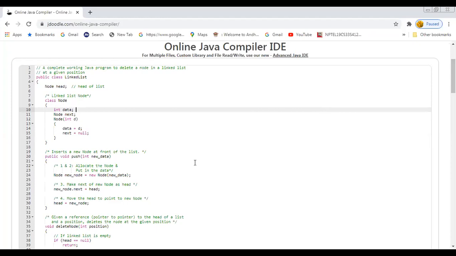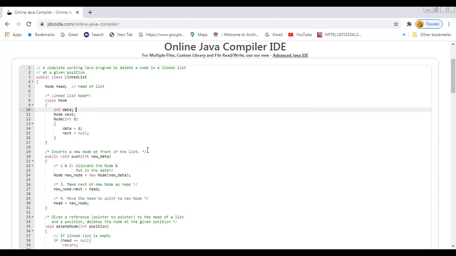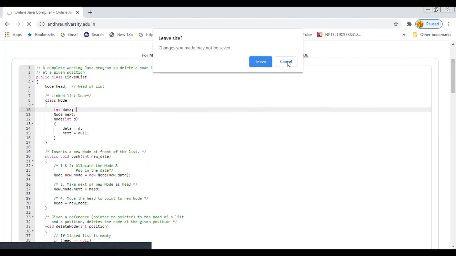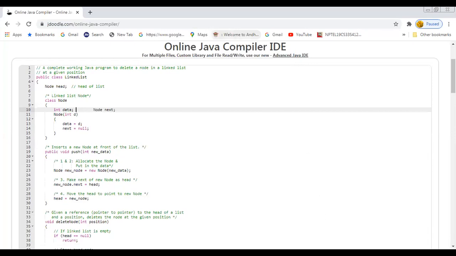Another important data structure is stacks. As you are all aware, a stack is also a data structure where the insertion operation is represented with the name push, and the delete operation is represented with the name pop. It follows the mechanism of last in, first out. Whatever element is newly inserted will be deleted first.